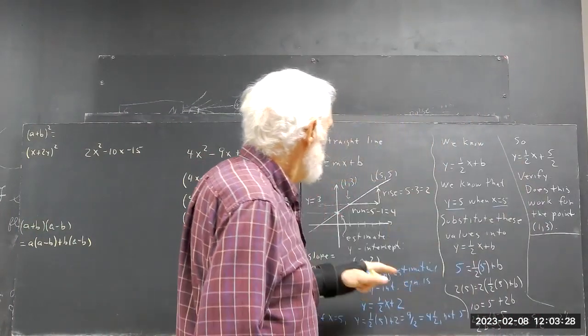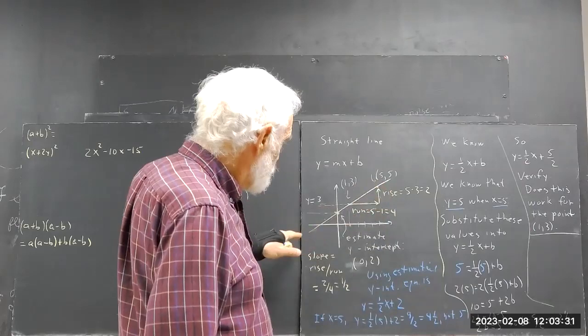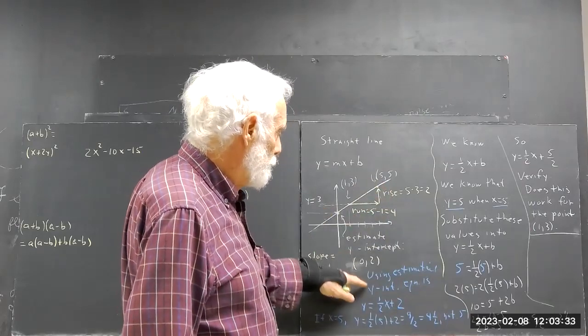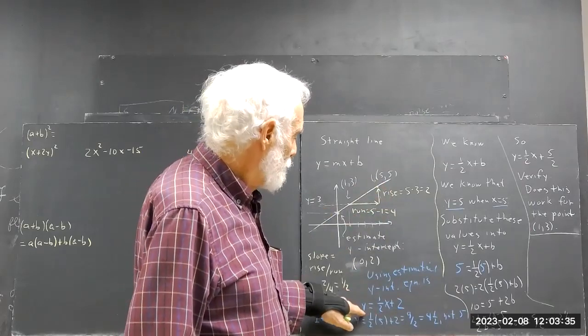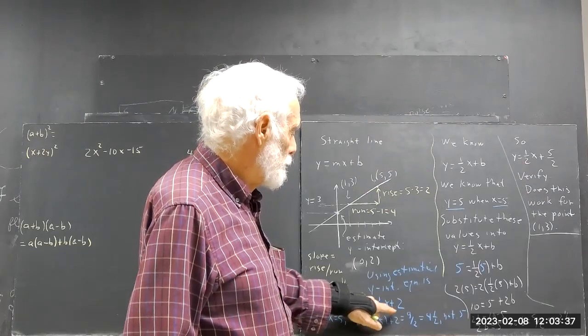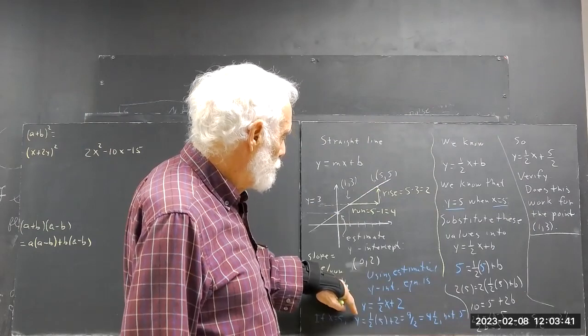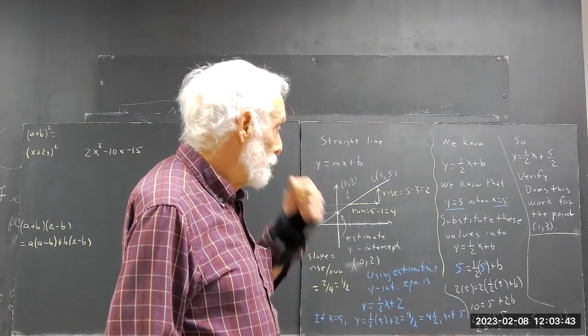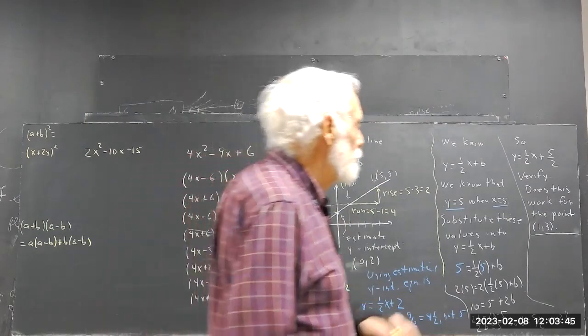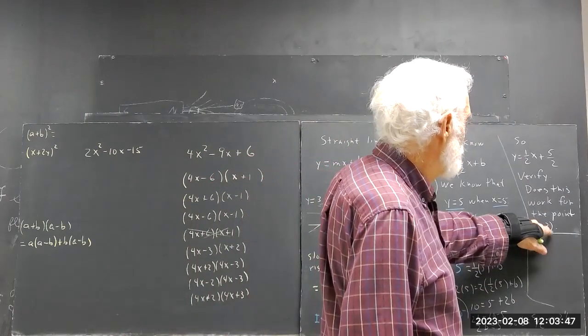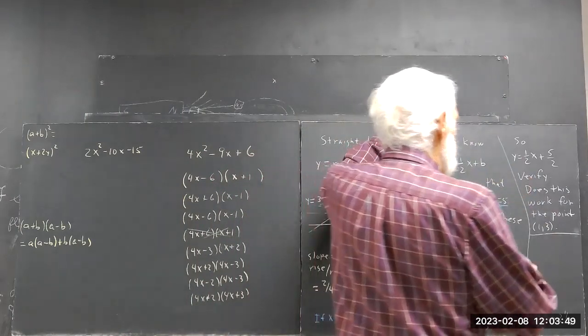But remember, now we started with these 2 points. We estimated a y-intercept. We found that we're close. But what the equation y equals 1/2 x plus 2 is close. But if we substitute x equals 5, we don't get y equals 5. Okay. Now here, if we substitute x equals 1 and y equals 3, we get